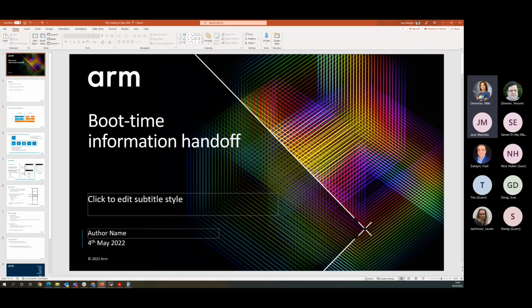Okay, so I think I'll start by providing a bit of an overview and the status of where we're at, or where this discussion comes from. We have been tracking the USF work for some time, but in parallel, there was a bit of a discussion going on in the upstream communities and in some mailing lists about information handoff between different firmware